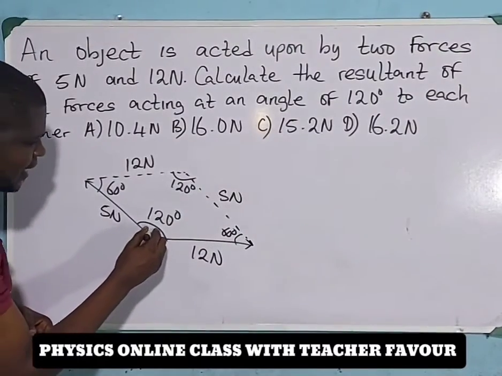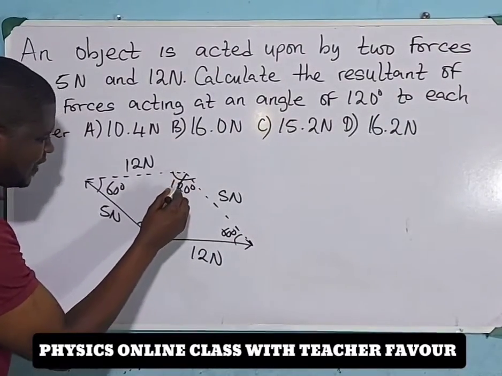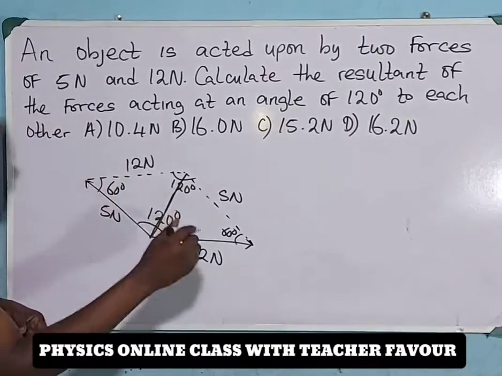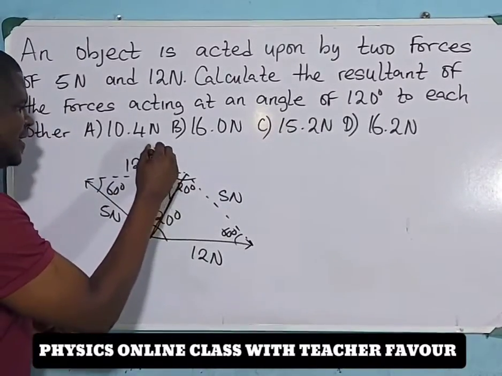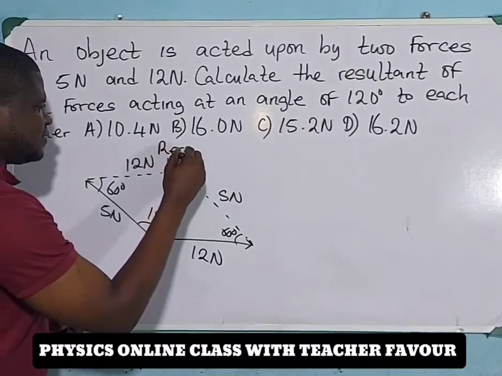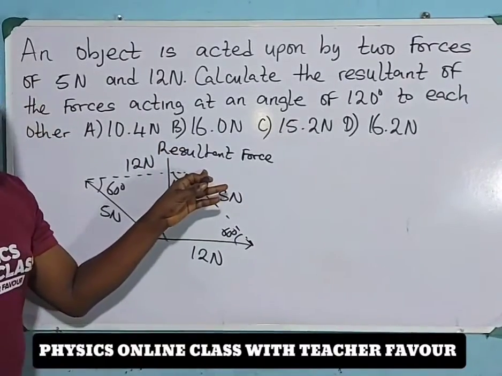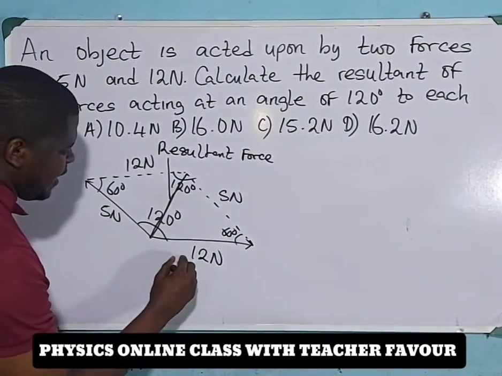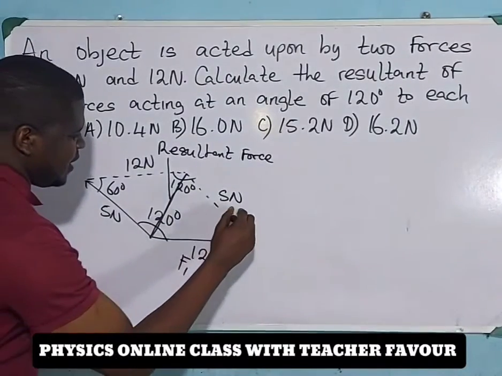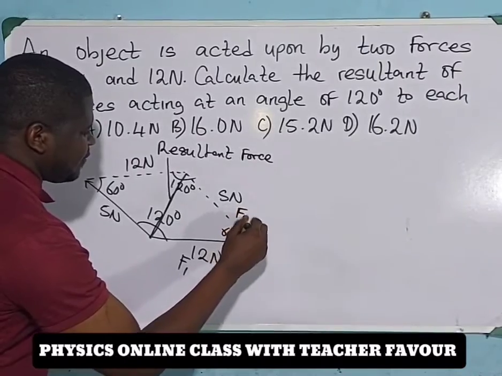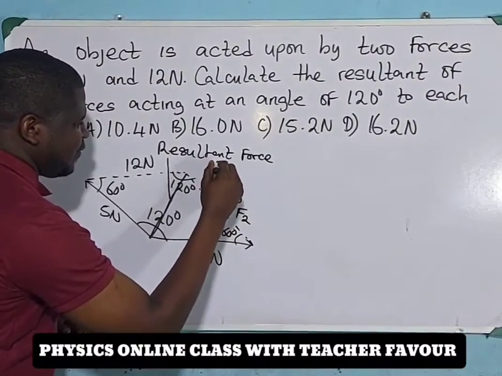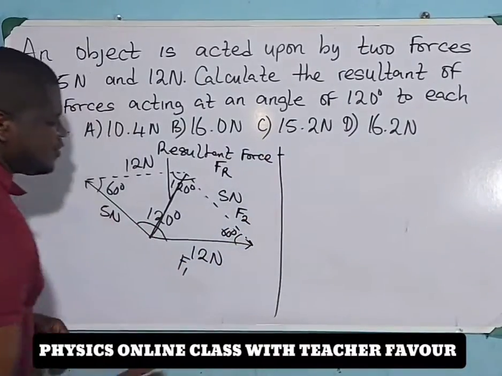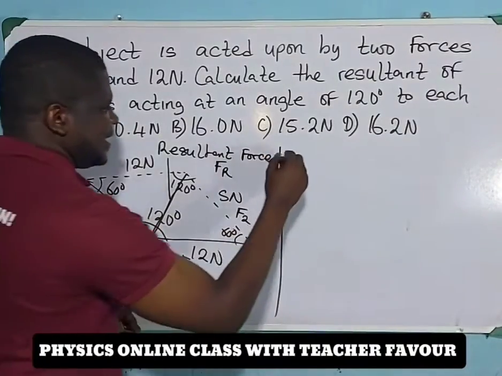So the diagonal drawn from the point of intersection represents the resultant force. Here is the resultant force. To get this resultant force, we make use of cosine rule. Let's call here F1 and we'll call here F2. Let the resultant force be FR. So to get resultant force, cosine rule tells us that